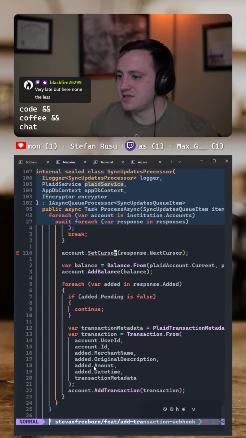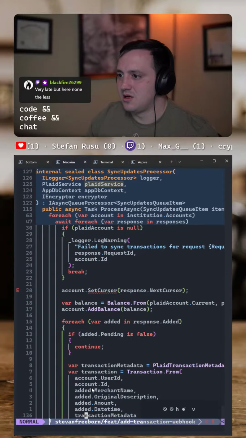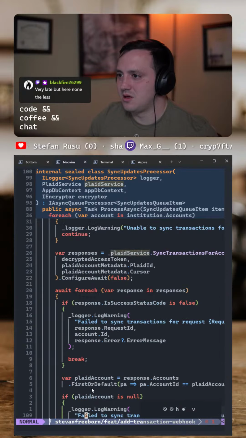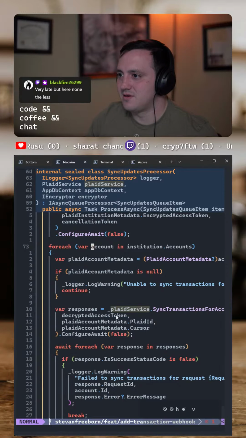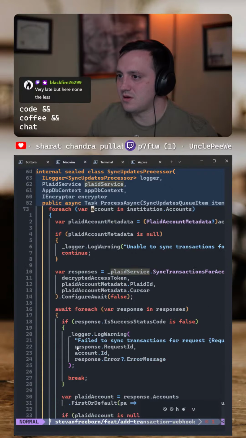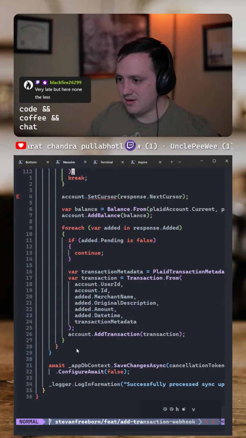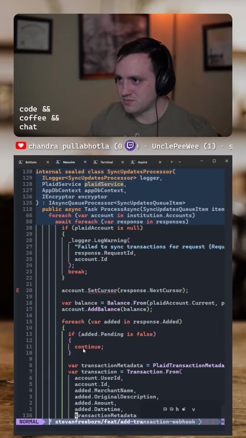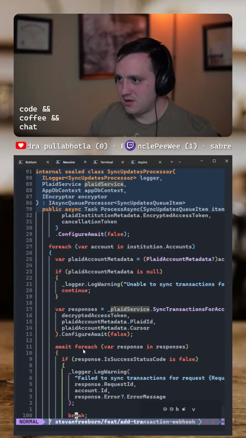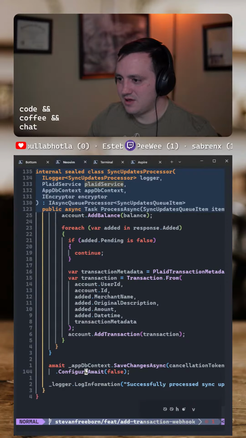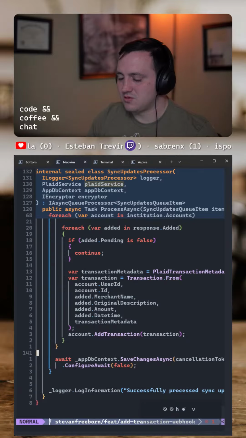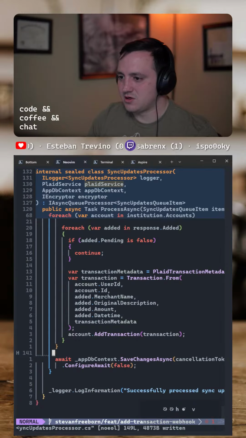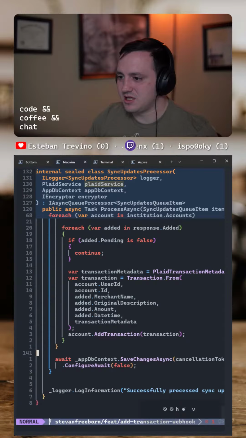Then we'll add all the transactions, and then we'll save. I think I want to save after we process each account. There's probably an argument for waiting until we process all the accounts, but